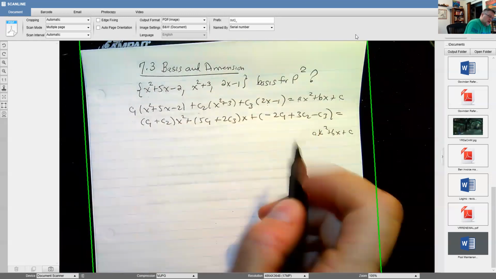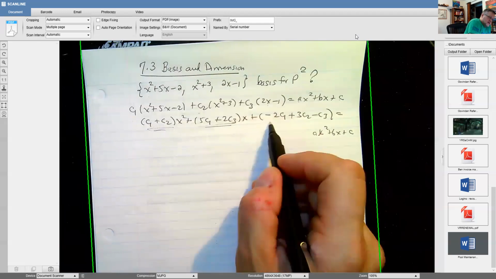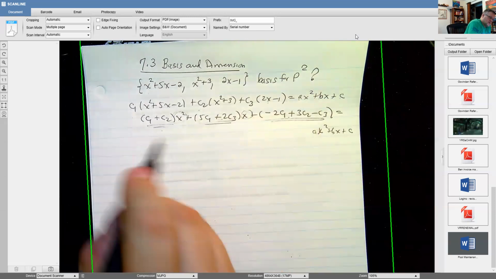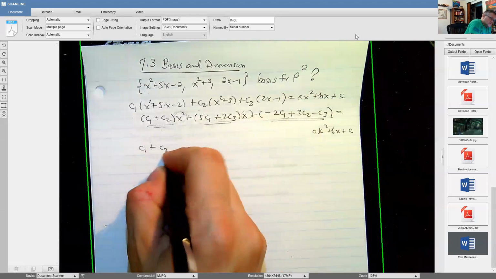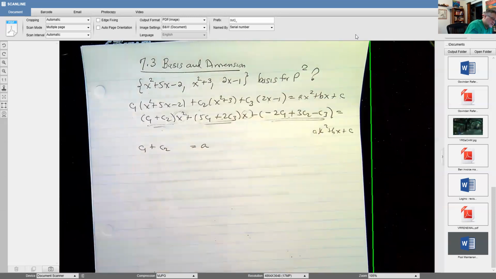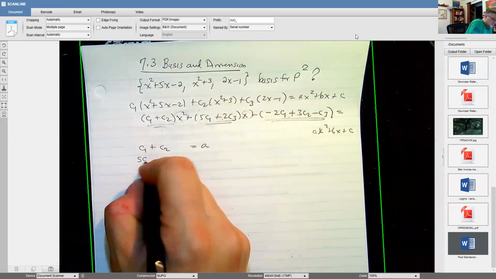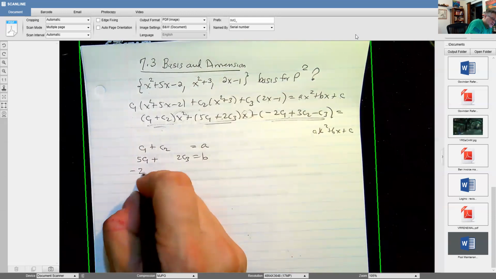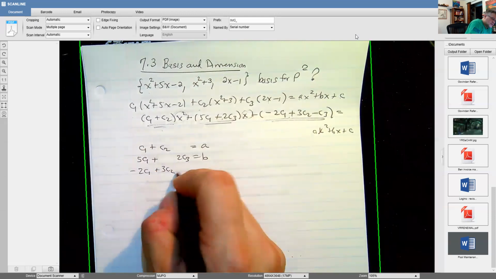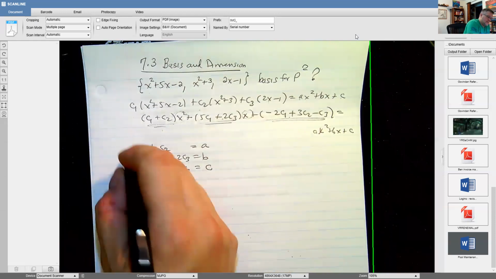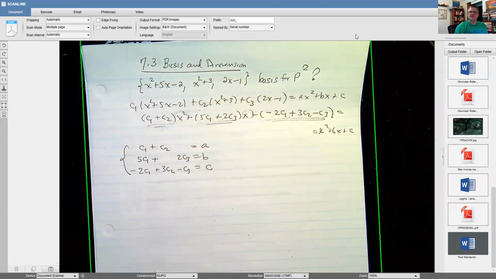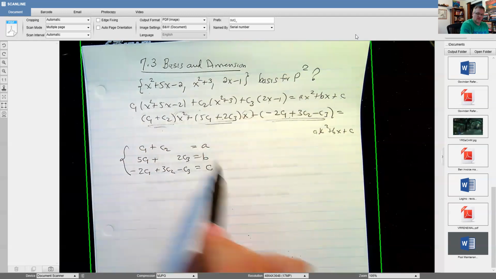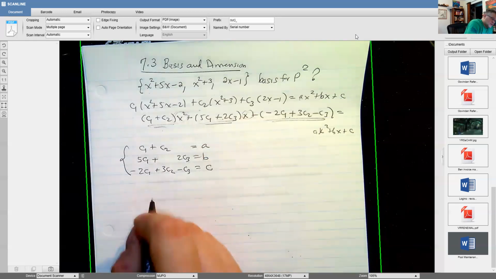All right, and so remember, the only way these polynomials are going to be the same is if corresponding coefficients of their terms are the same. And so that generates a system of the form c1 plus c2 equal to a, 5c1 plus 2c3 is equal to b, and minus 2c1 plus 3c2 minus c3 equals c. And so what we're really asking is for what a, b, and c does this system have a solution, right? And so in matrix form,